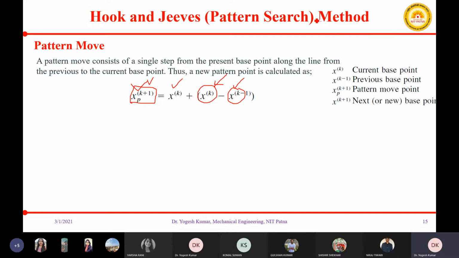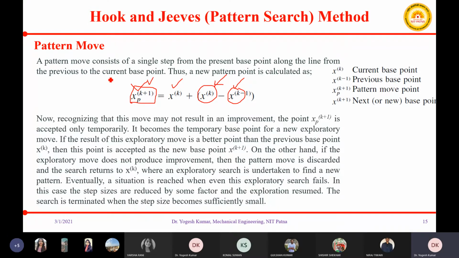Again you will compare the value of the function in order to see whether you have moved in the right direction or not. You will compare the value of the function at the previous value of x with f(x_k).